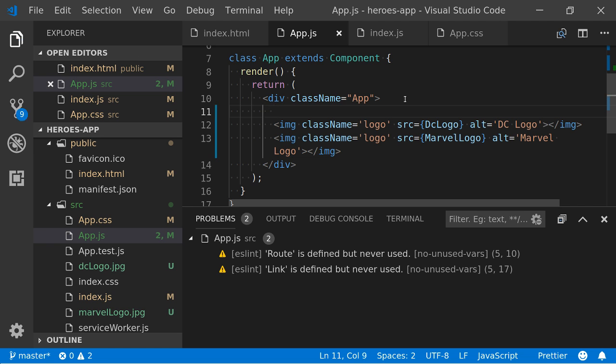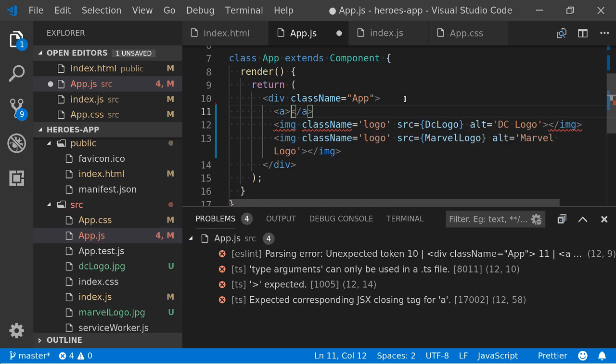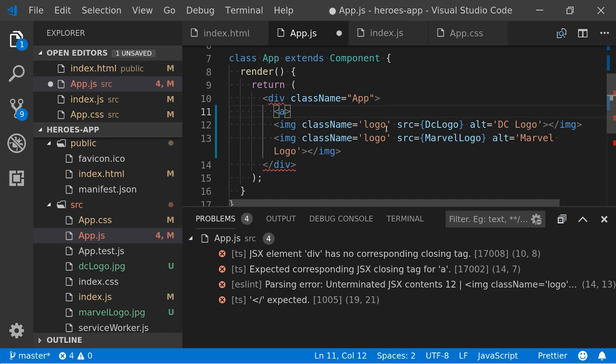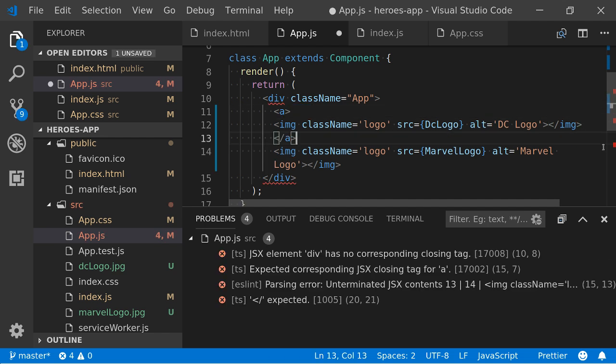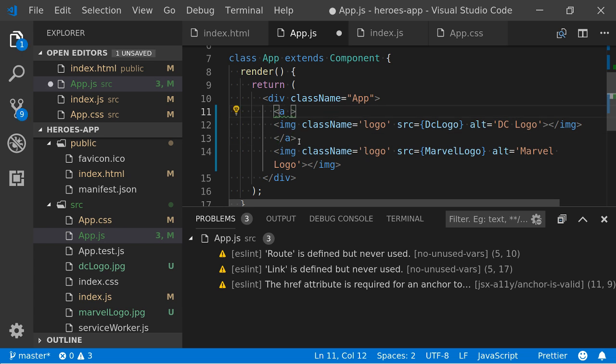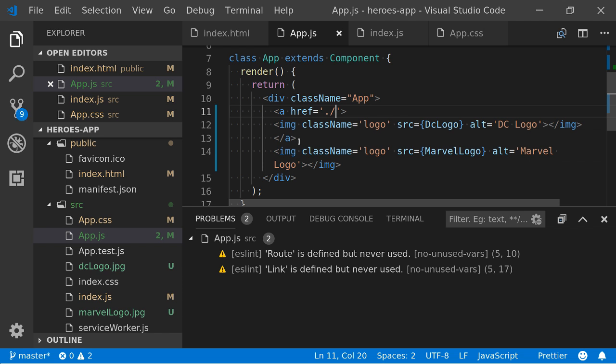So in HTML, how would I make the image a link, usually? Wrap it in an anchor tag, so I would do that usually, yeah? And I would stick my image inside, right? And what does my anchor tag need? What attributes? href. So how would I do a relative reference? Dot slash. And then, what should you call it for that? DC logo? Or just DC, yeah? So you do something like that, yeah?